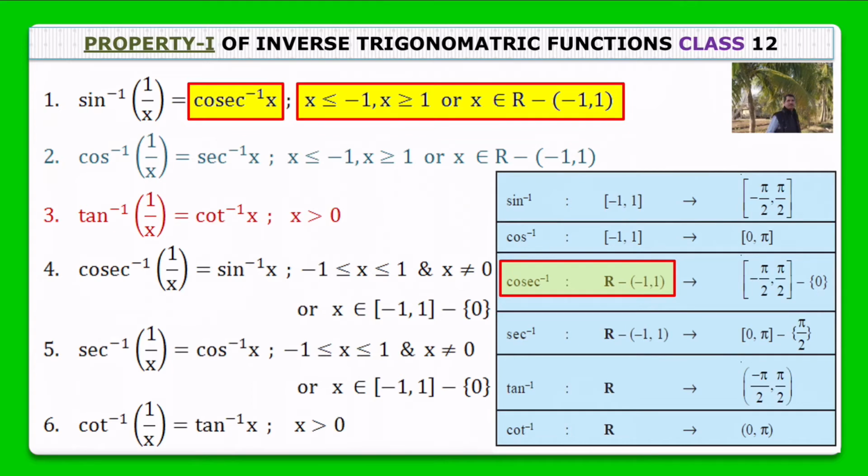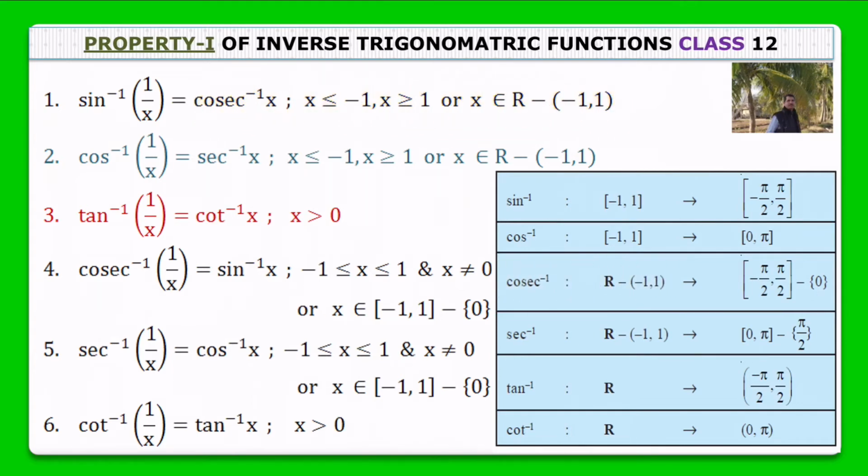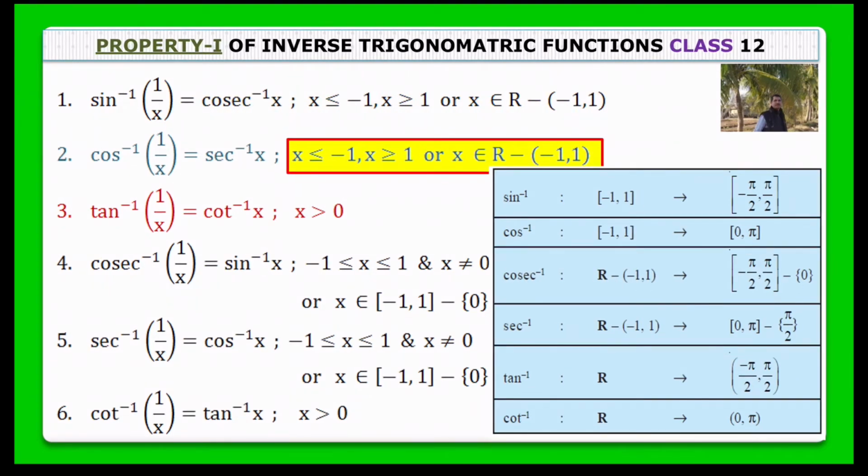Let us consider the next one. The value of x is nothing but the domain part. The domain of sec inverse is the same as here. It means in the first and second we observed that the value of x depends on cosec inverse x or sec inverse x, meaning on the part where x is written.